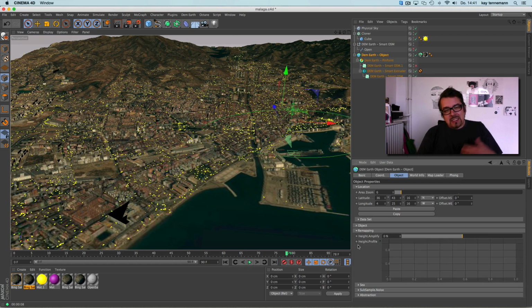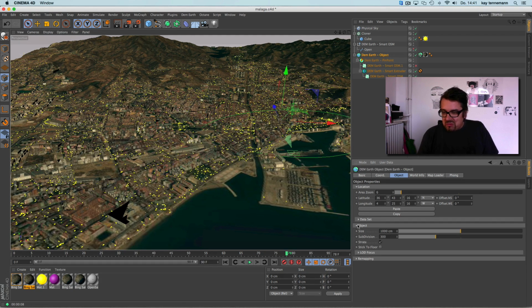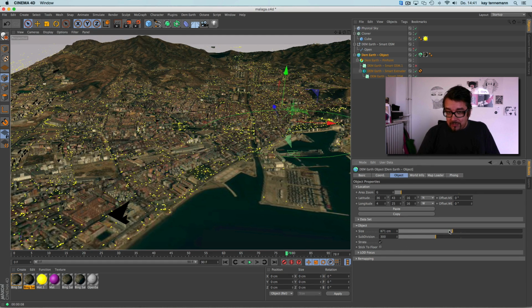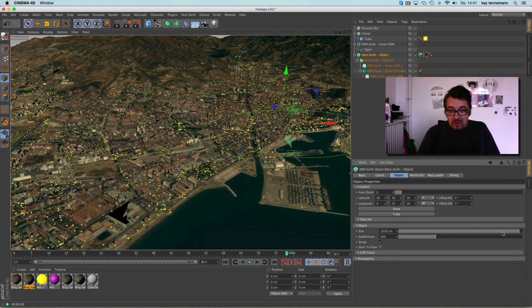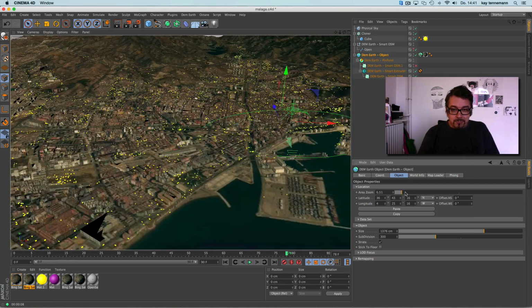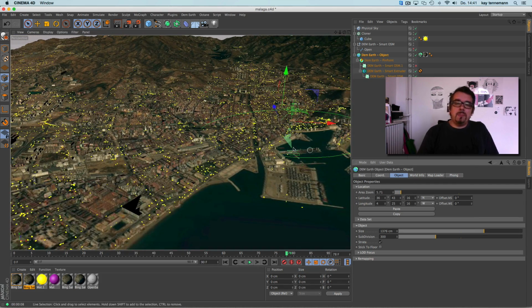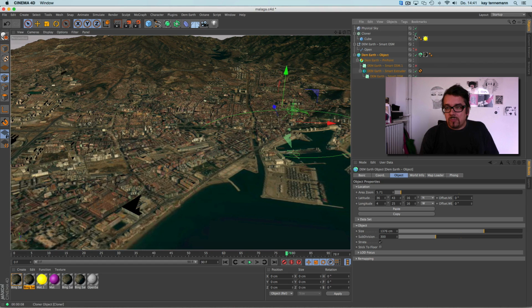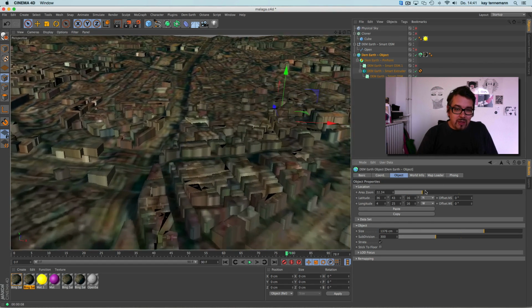Remapping. There are some options to manipulate the terrain a bit more. The most interesting thing is just the scale and the area zoom. Oh, you see, because I baked the OSM thing into a real spline, it doesn't fit anymore when I scaled the whole thing.